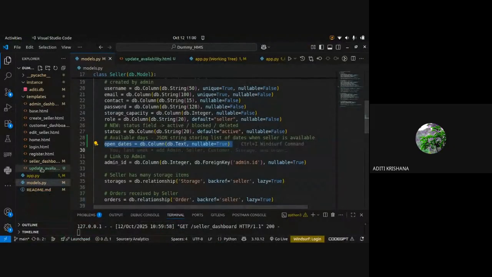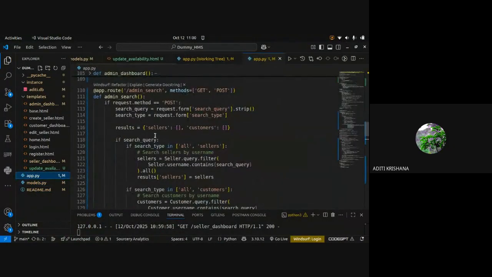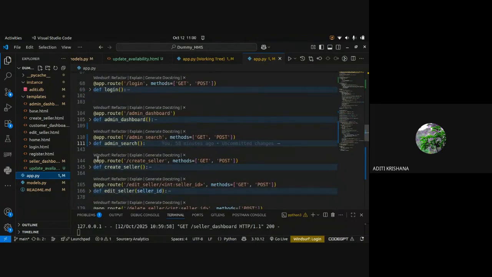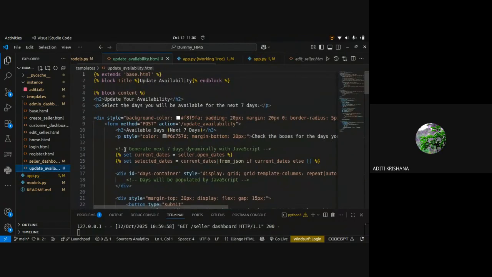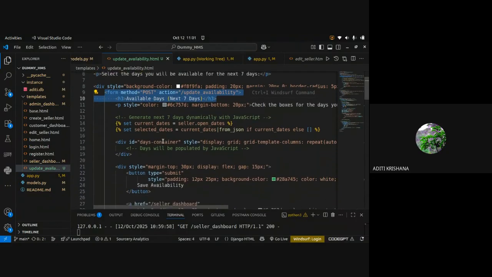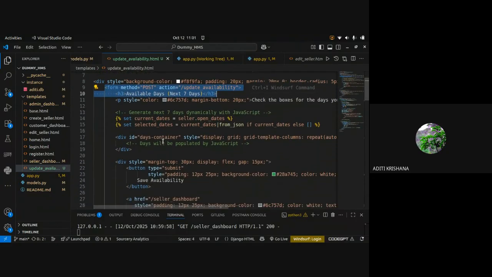And how I have done it in my application, I have created one update availability HTML page, in which in the form I am taking the next available dates. And how is it checking that? Okay, these are the set functionality in which I'm setting the dates.